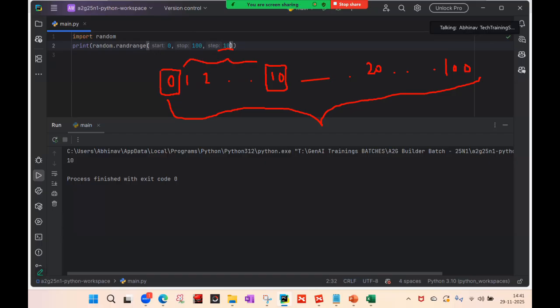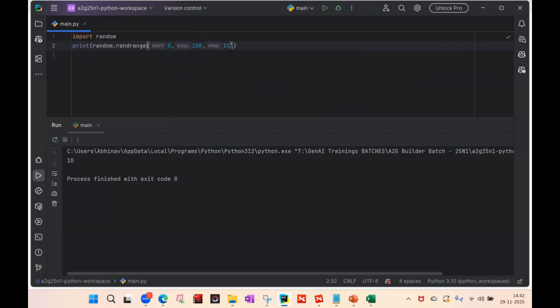You just consider second number as this, third number as 20, 30. So you have to basically pick the number between 0, 10, 20, 30, 40 till 100. So initial range I have defined, and then step size I basically define that it has to consider while picking the number. So let's say if I'll give the step size as 9